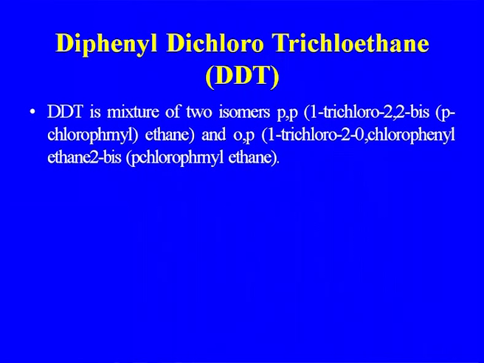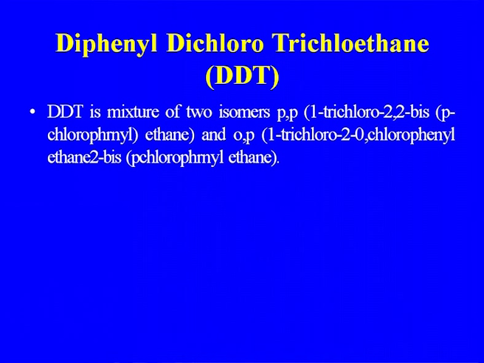Let us now discuss one of the major ones, DDT, whose use was first started for fighting malaria. But because of its persistent nature in the environment, there is now a ban on the use of DDT in other developed countries, though we are still manufacturing and using it. DDT is a mixture of two isomers,